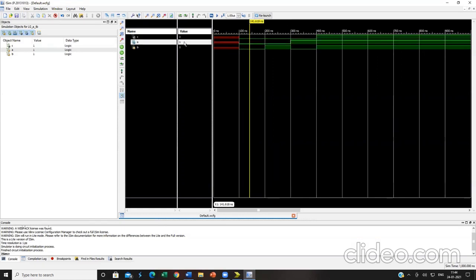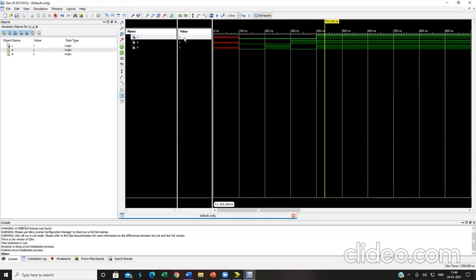First A is applied, then B is applied over here. 0 0 means output is 0. 0 1 means output is 0. 1 0 means output is 0. 1 1 means output is 1.